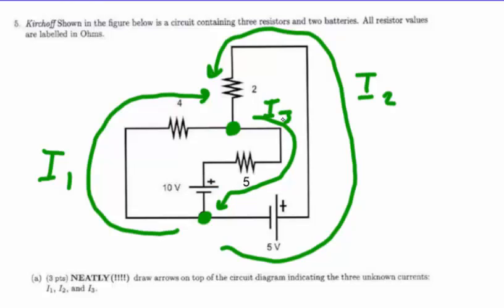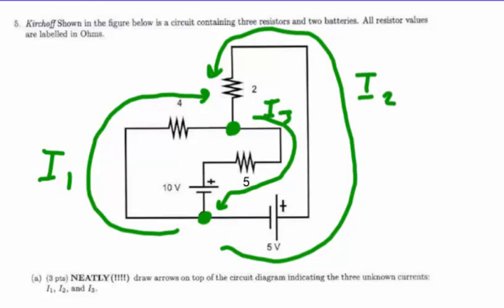If you're concerned at this point that at least one of these currents seems to be pointed in the wrong direction, different than you would imagine, you're right. No one cares when you draw a Kirchhoff circuit which way you draw the arrows. You draw them in any direction and then you wait for the answers to be negative. In that case, the mathematics tells you that you had the wrong sign convention. And in fact, I think most likely I3 is in the wrong direction, and possibly even some other currents, but